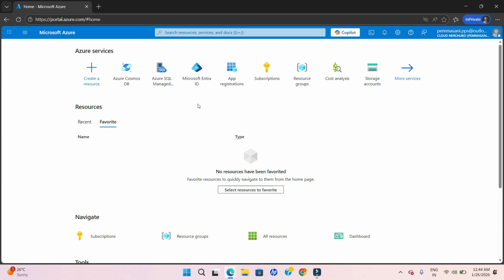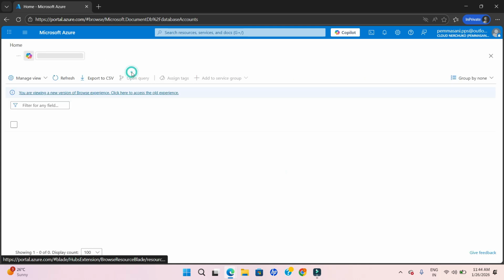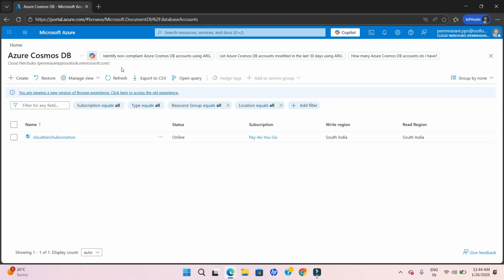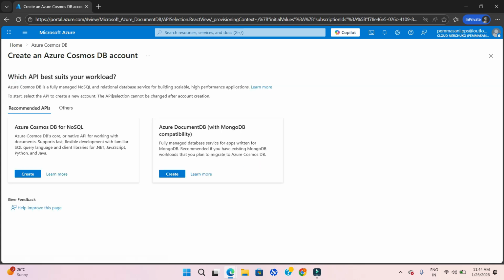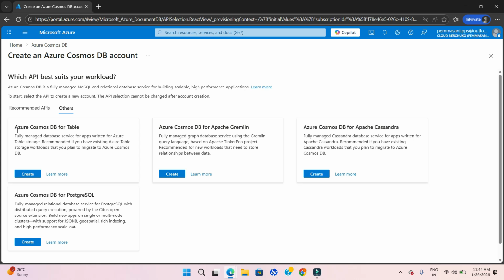In this video, we will learn how to create an Azure Cosmos DB for Table API. So let's get started. Sign into your Azure Portal and select Cosmos DB from the Azure Services pane and click on Create, click on Others, click on Azure Cosmos DB for Table, and select the Create